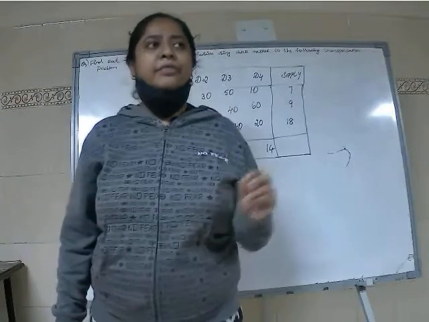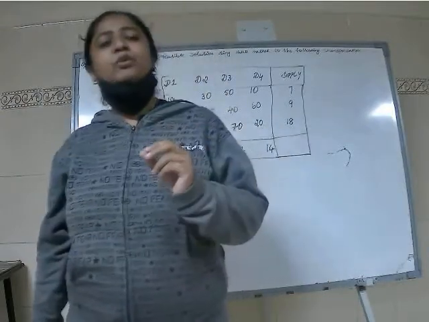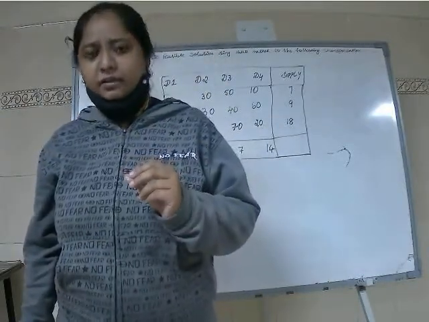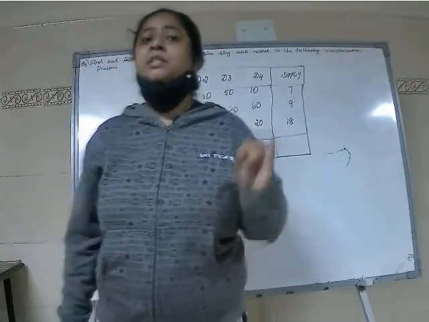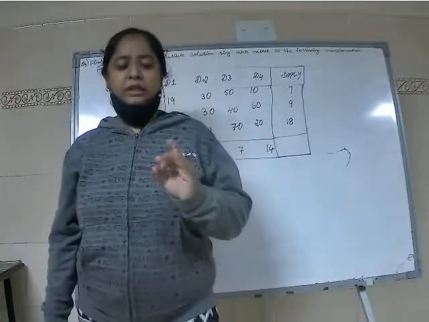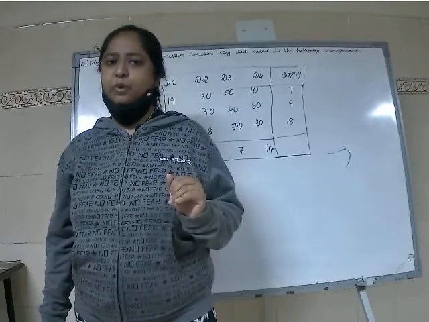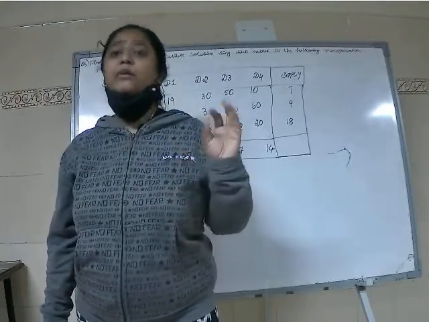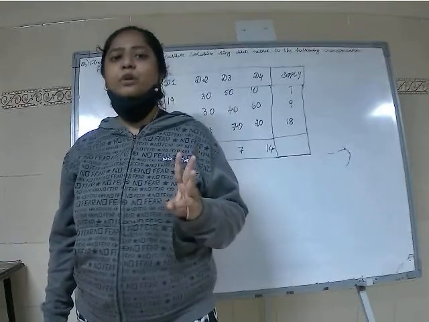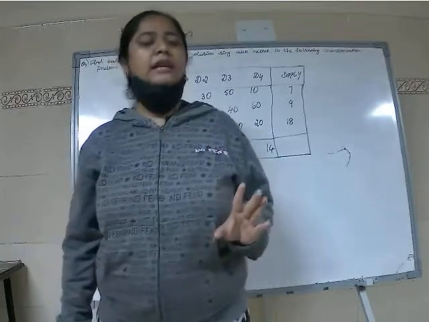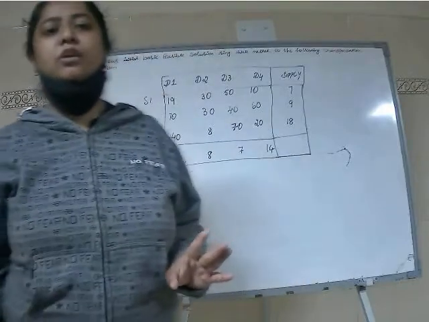So here there are three methods, as I've told you in my previous theory explanation, that is northwest corner route, least cost method, and the third one is Vogel's approximation method. So we are going to learn three kinds of problems, and now let's see with the first method called northwest